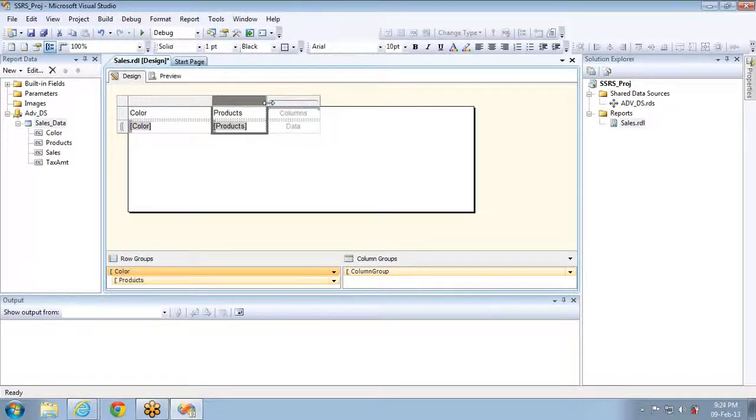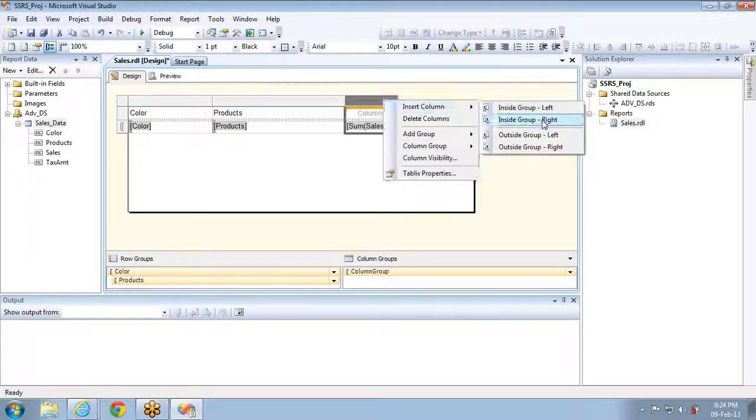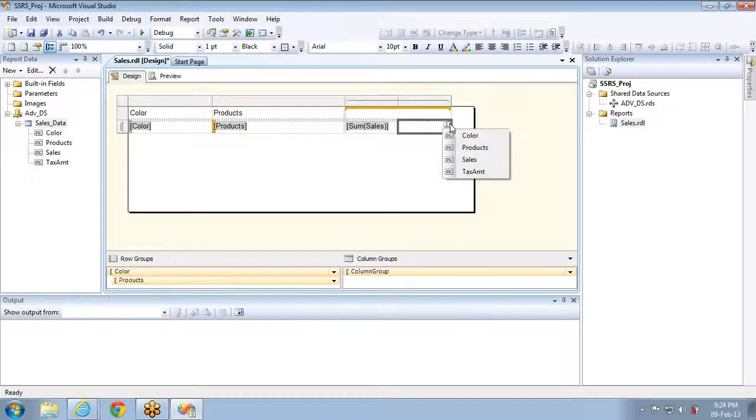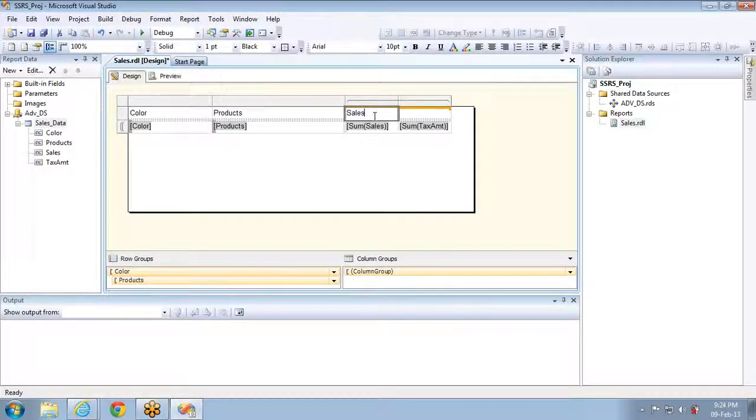Let me give enough space for color and products, and this is sales. I want to add one more column inside the group to the right which holds tax amount. So I'll split these cells to give column headers like sales and tax.